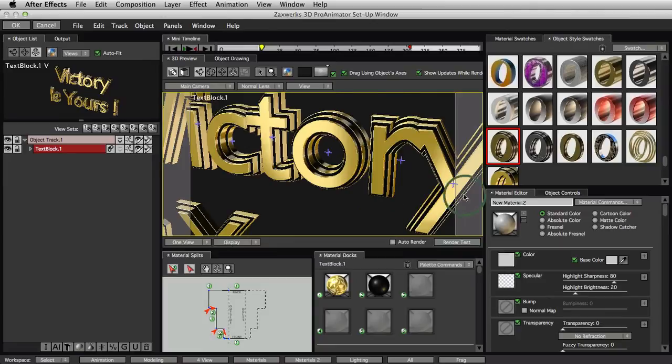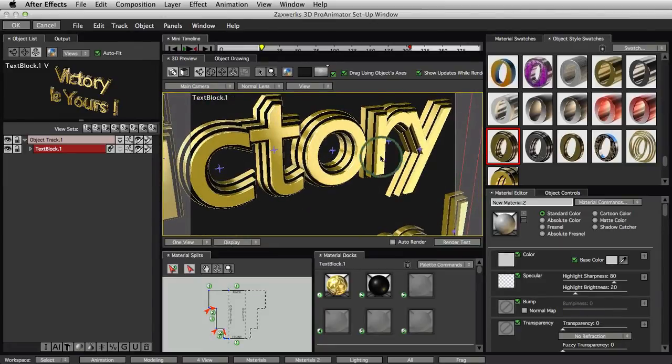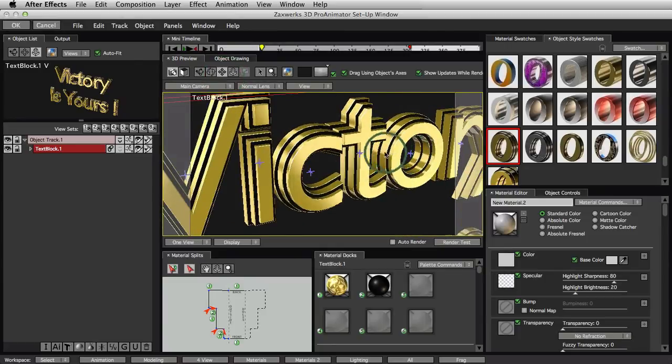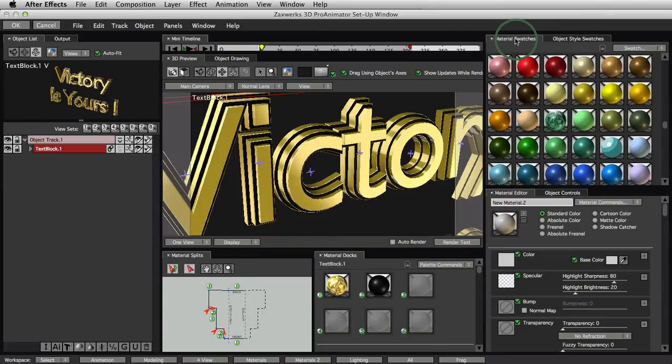It's pretty easy. So one of the things that we can do is customize the look of our object styles. Now right now this is just an object style as it comes from the factory, but of course you want to change it. You're a human, you are a designer, you want to make it yours. So we no longer need to fiddle with the object styles because one's already been applied. So now what we can do is apply an individual material. So here's what we do.